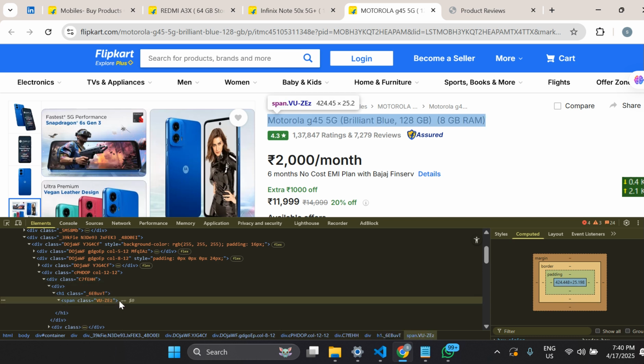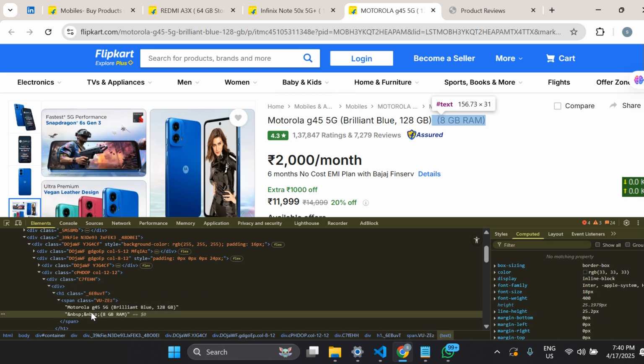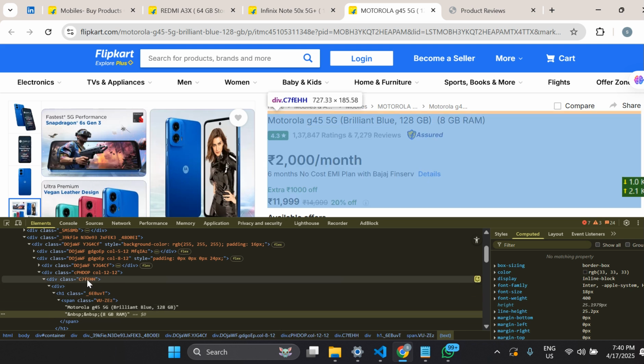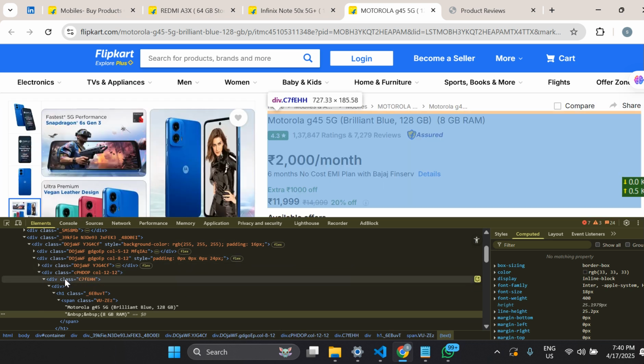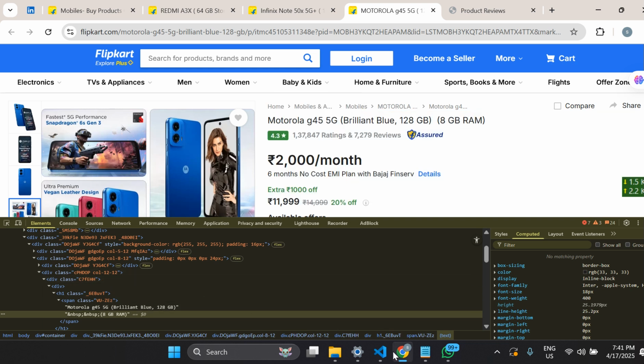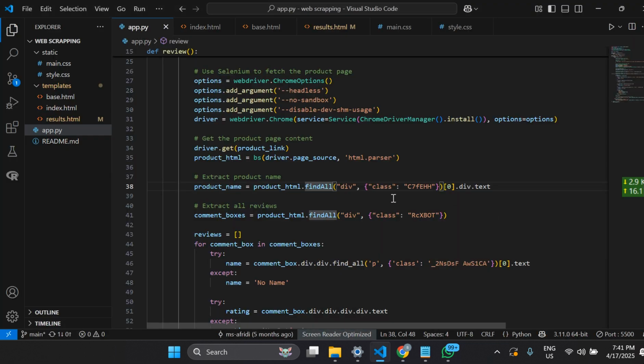From here I get this, and you can see the product name is written. So from here I copy this C7FEHH. Maybe in future it will change, and if the project does not work then you can replace this, okay, by searching from here. So from this C7FEHH class we copy the product name, and here what we are doing,